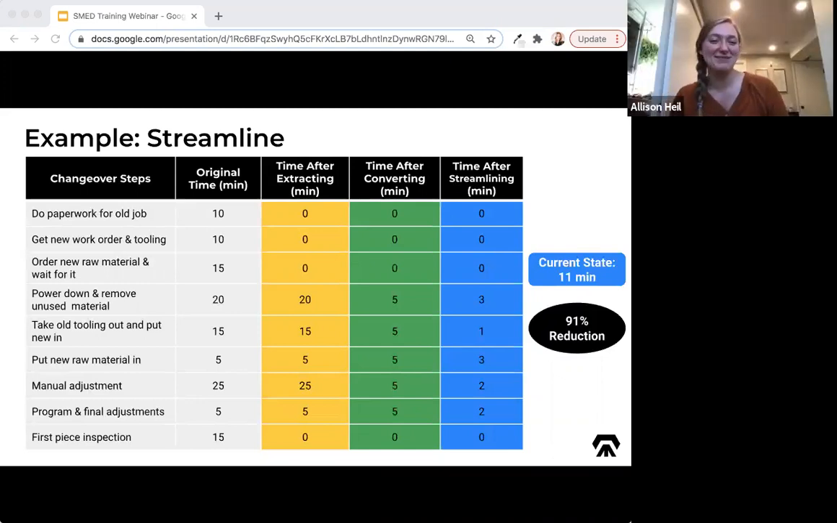Yes, good points, Abby. So basically we got it down to 11 minutes. You're always striving to get under 10. But in your first go, you might not do it. You might not even get it to 11. You might be at 20 or 30. And that's okay. You know, the whole point of lean is just to understand and really take root in the